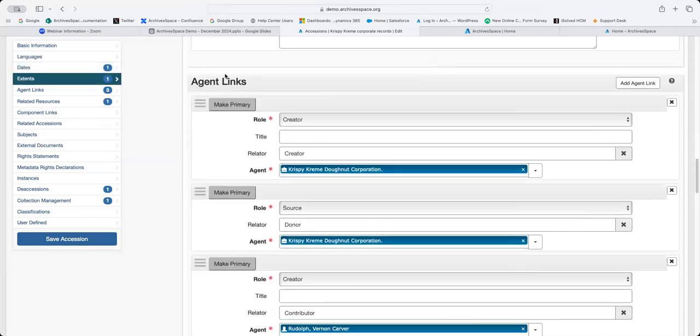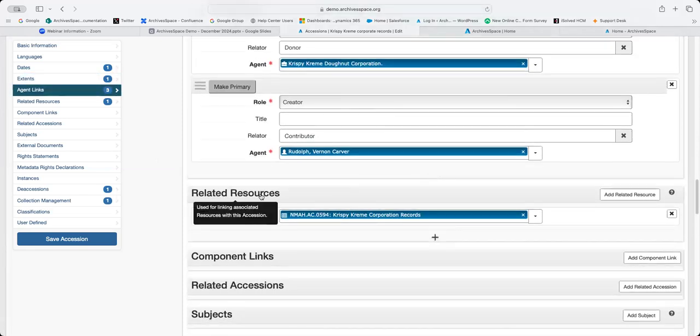And you can see here some linked records. So these are linked to agent records. Anywhere you see this dark blue, that means that is a linked record. That is a subject or an agent record that exists within ArchivesSpace itself and has been linked to this record. If you want to view that separate record, you would just click this and go to view. We're not going to do that. We're not really going to have time to get into subjects and agents, but that means there's another record there.